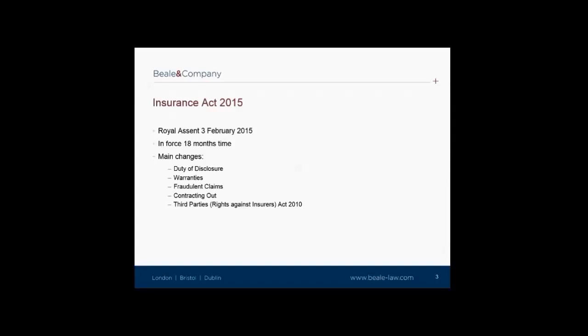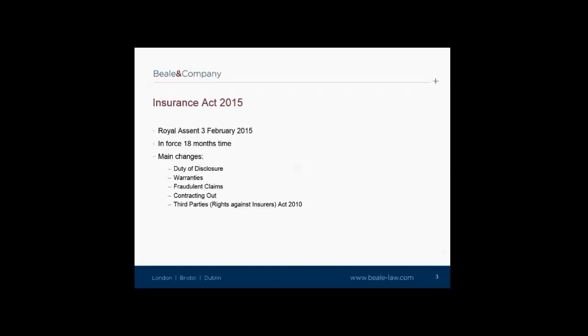Following much consultation, the insurance bill finally received royal assent on the 12th of February 2015. The law will come into force by the autumn of 2016. The provisions will only apply to policies entered into or renewed after that date. This period was expressly set aside to give the market time to make the necessary changes to its policies and